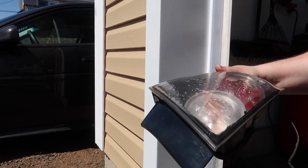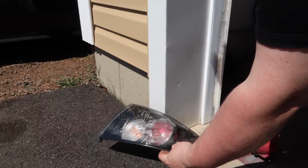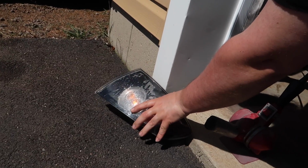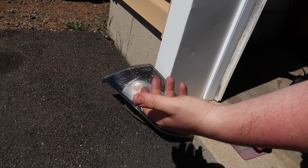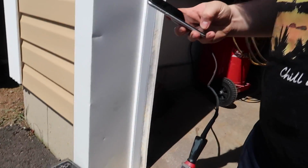It still looks like shit. Well, no, I mean, I'm gonna leave this right here for the sun to get at it. My hands are all wet, so the water's coming out. I'm gonna leave it like that. It's exactly